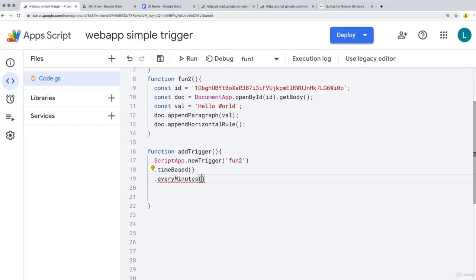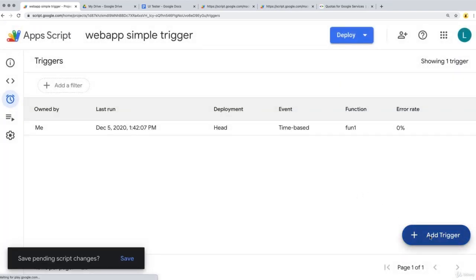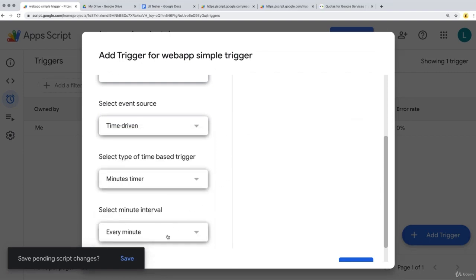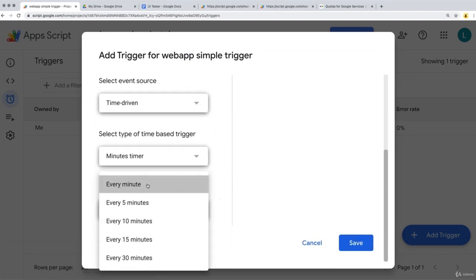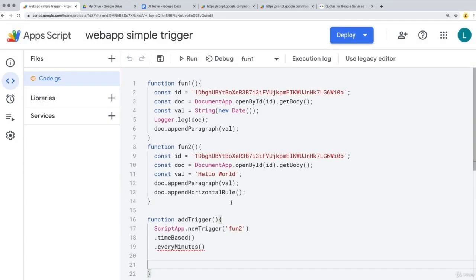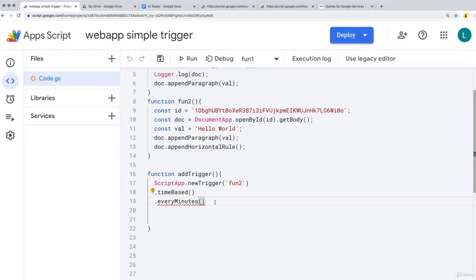And then this is also going to require, so for the every minutes, just as we had within the selection when we were setting up the trigger, and if we do time-driven minutes, and if we do every minute, we've got that option there for setting it up on a particular minute. And then lastly, let's create this. And that will create the new trigger. So let's run the add trigger